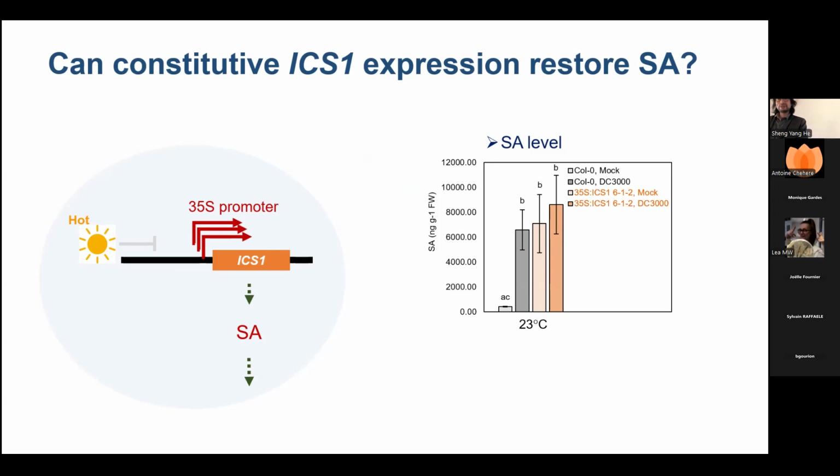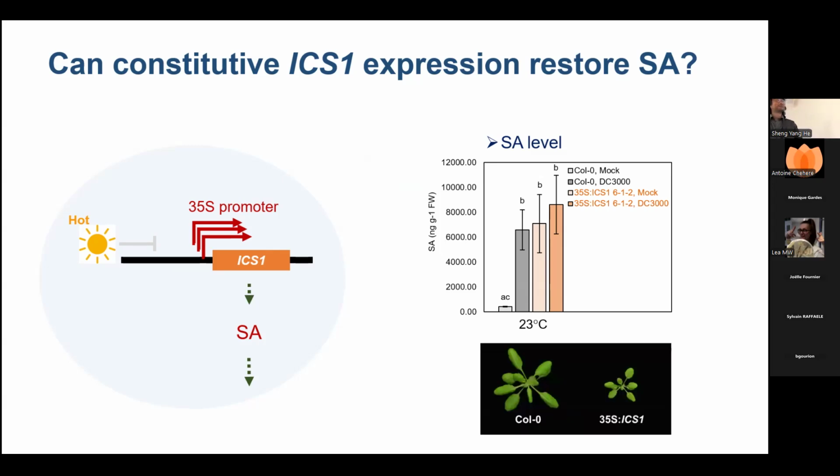And then the test was to put this at high temperature. The plants look awful. It's a growth-defense trade-off, and they are small, okay? It's a very classic phenotype. But if you put it at 28 degrees, it doesn't prevent suppression of SA. This is an enzyme that actually makes SA. It's still not sufficient to break it, okay? So they went through